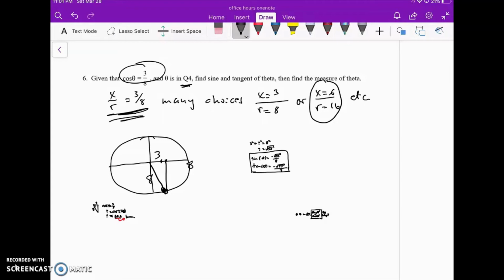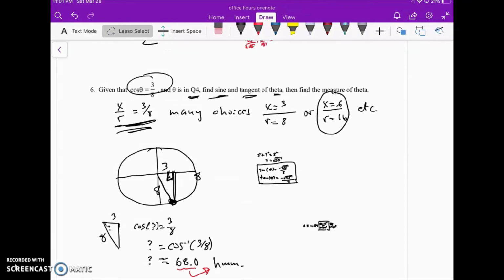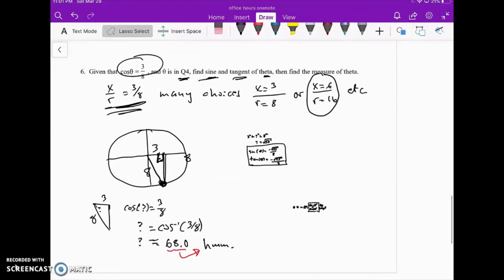And we are asked to find the sine and tangent ratios and the angle. So now we're back to our usual thing. We've got an altitude here. We'll need to use a little bit of Pythagorean theorem, which I have cleverly worked out ahead of time. Oops, I got the wrong one, didn't I? So a little Pythagorean theorem,